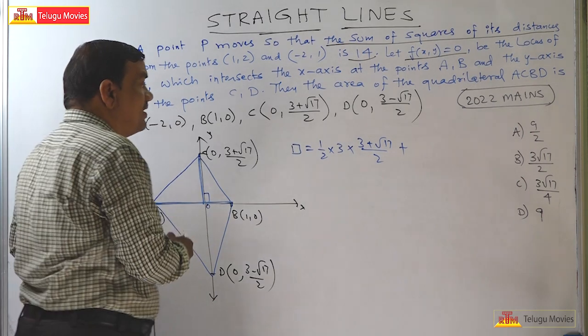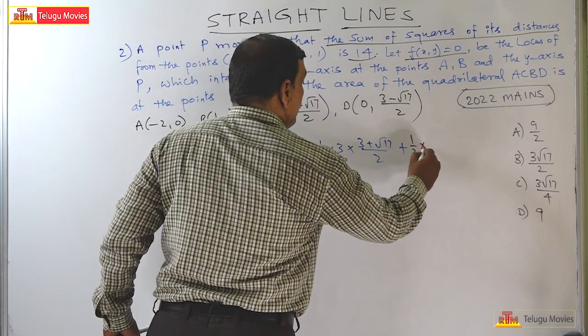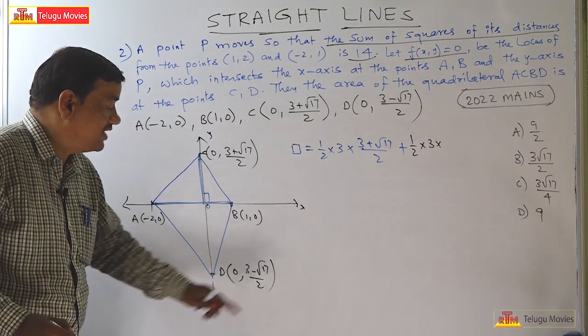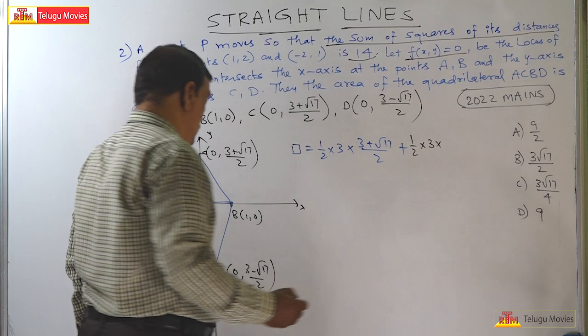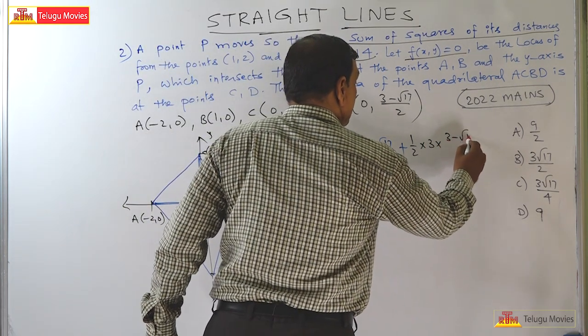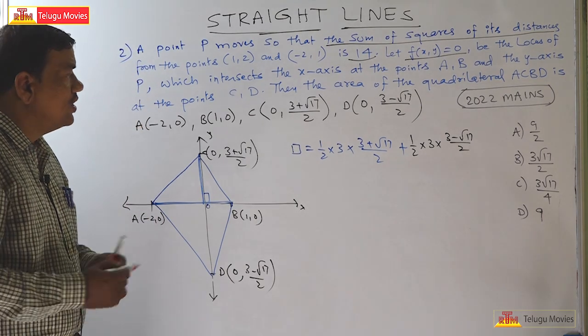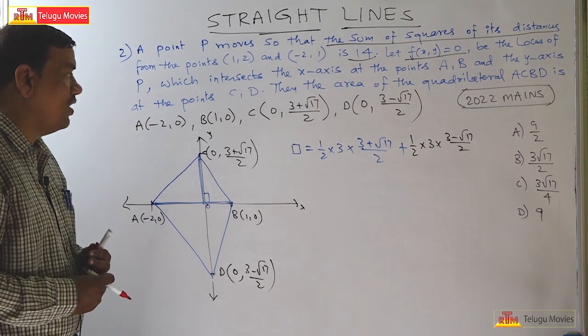Same. For this also the base is same. That is equal to half into base into height. Height will be 3 minus root 17 by 2. So this is 3 minus root 17 by 2. So this length. Okay now. So from this we can take here,